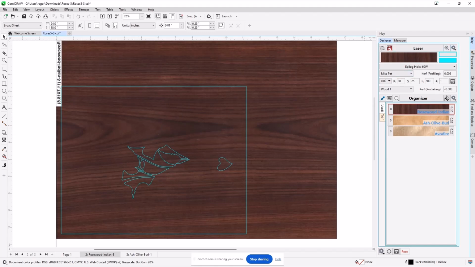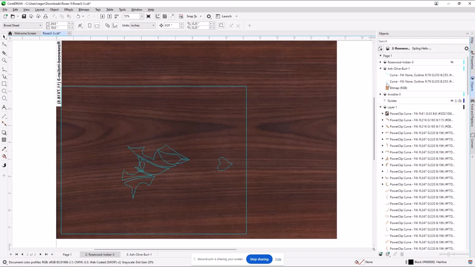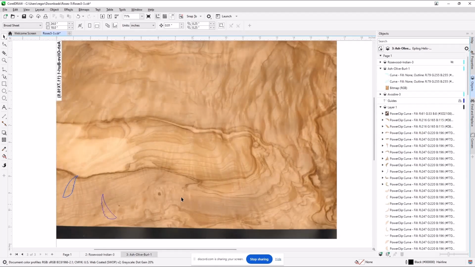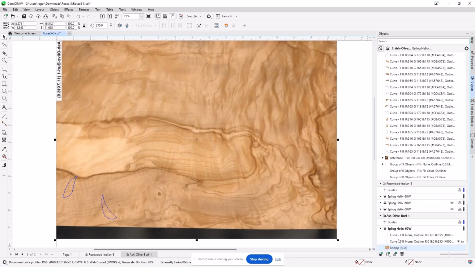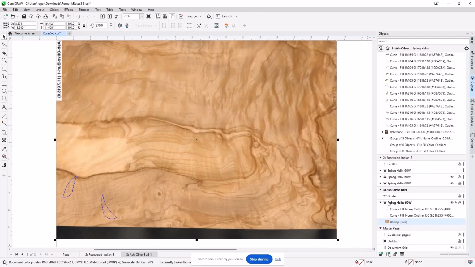The other thing that you can see over the object is that anytime I've made a cut on this layer here, let me select it so it does that. See down here, I've got in the page 3, I have my burl name here. I've got the laser choice and the cut pass and an image of the veneer that is now mirrored, as are these paths. If I were to try to put that pass back over there, it would be backwards and mirrored. That mirroring works like a charm.